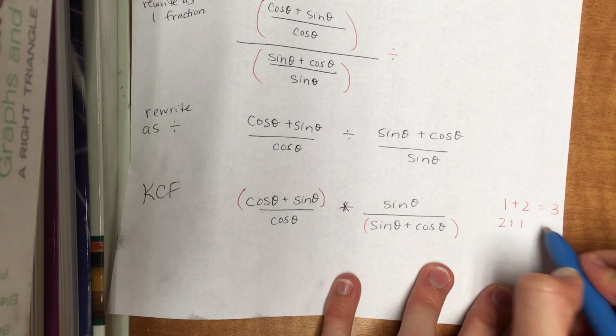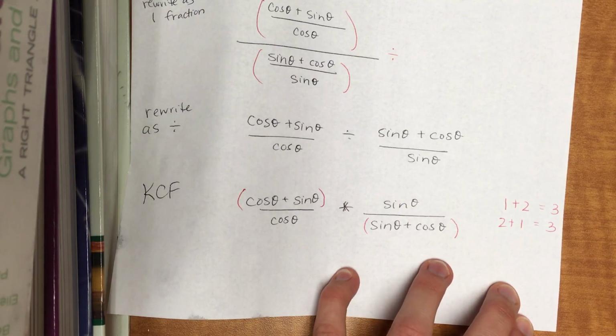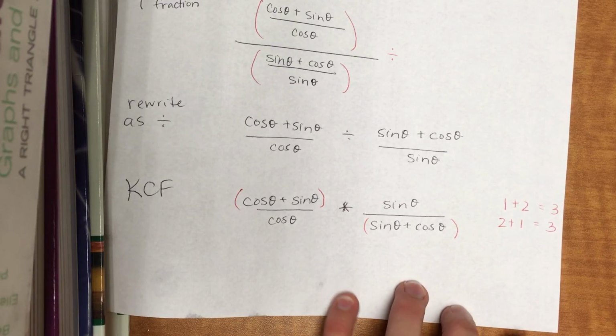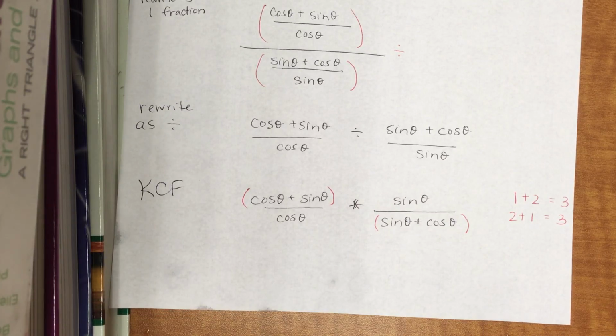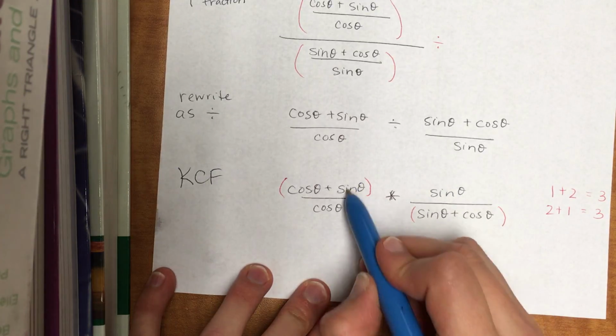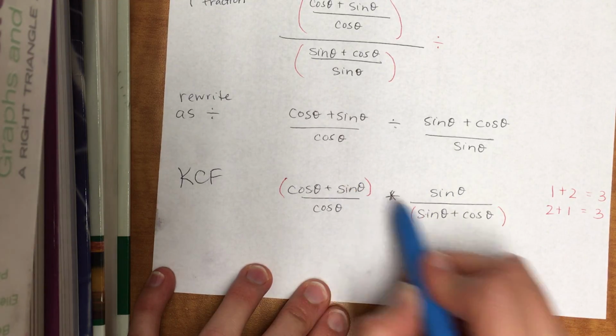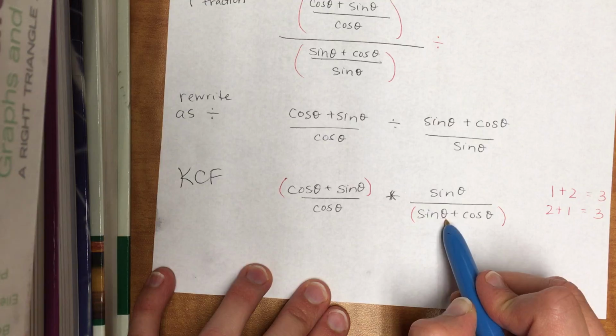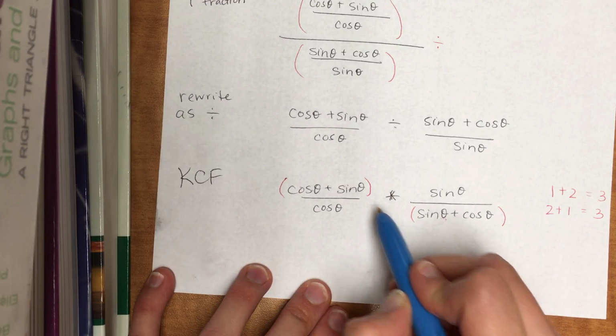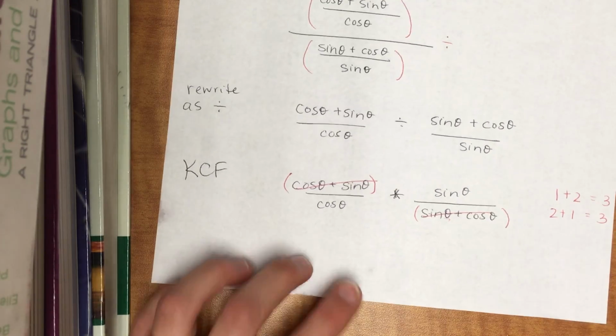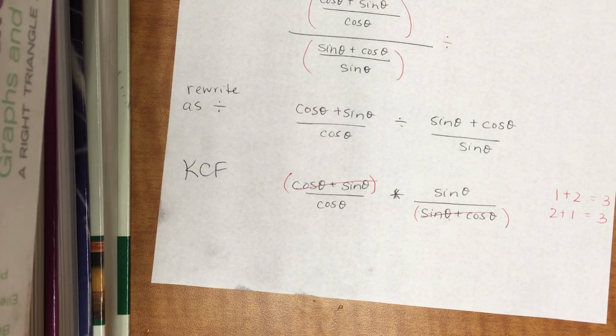And then 2 plus 1, well, that also gives you 3. So order doesn't really matter if you're adding or if you're just multiplying. I think that's called the commutative property from like 5th grade. So that means these two are the same thing. This is like your 1 plus 2, and this is your 2 plus 1. They're both 3. So I can cancel those two and be left with,